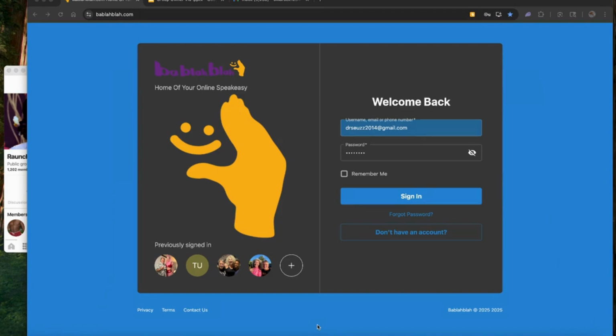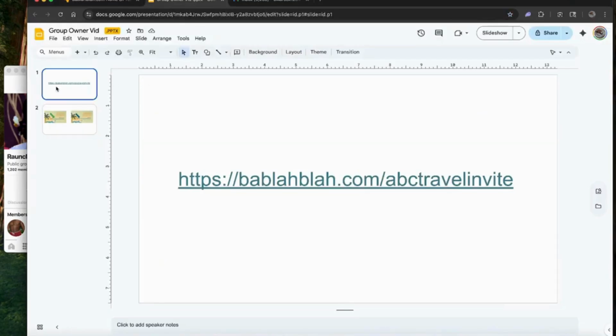For demonstration purposes, we're going to use ABC Travel Adventures, a secret group, which means no one can see it listed on the site unless they are a member. It's a speakeasy and is literally invisible. You cannot see it or find it without the invitation URL. We will be using Tara Tester as our example member. The invitation URL to join the speakeasy that she's going to use is